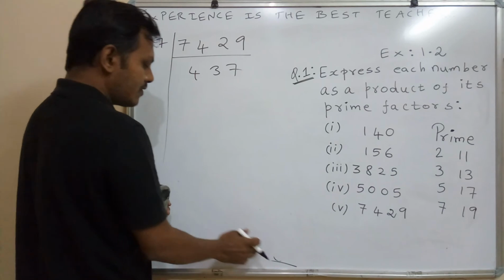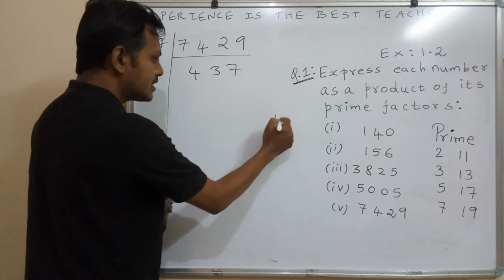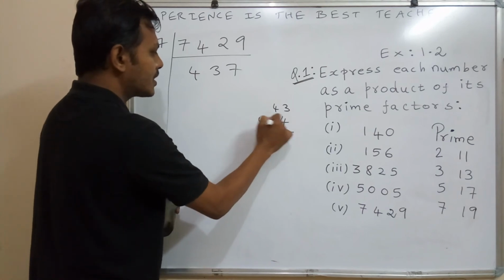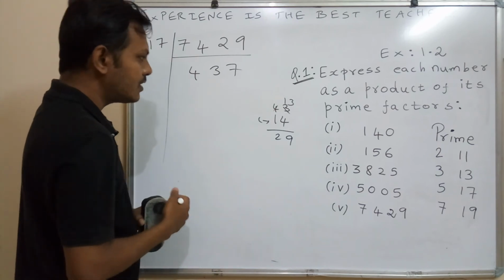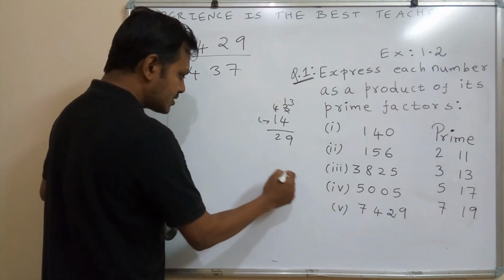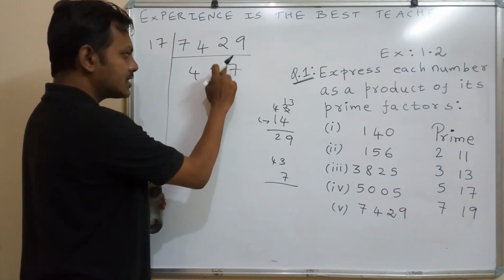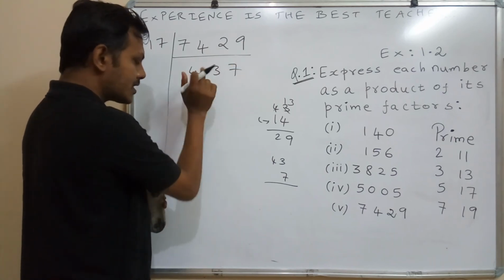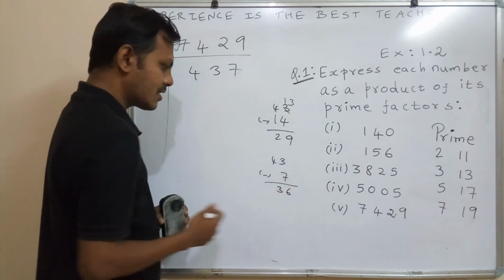To check whether this number will come in 7 table or not, the divisibility rule for number 7 is twice the last digit and subtract it from the rest of the number. So 43, if you subtract, it will become 13 minus 4, 9, 3 minus 1, 2. So 29 will not come in 7 table. So the next number is 11. The divisibility rule for number 11 is subtract the last digit from the rest of the number. We will be getting 13 minus 7 is 6. 36 will not come in 11 table.